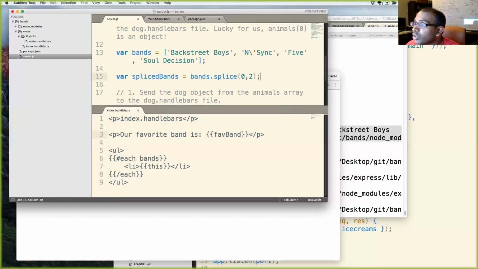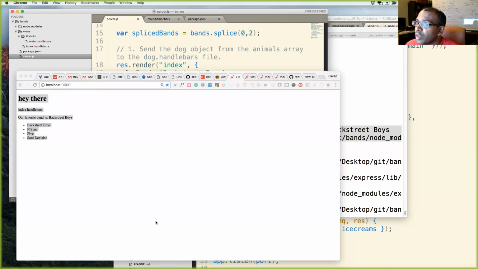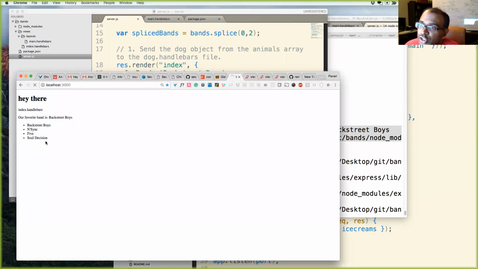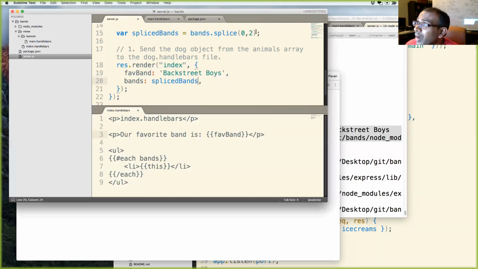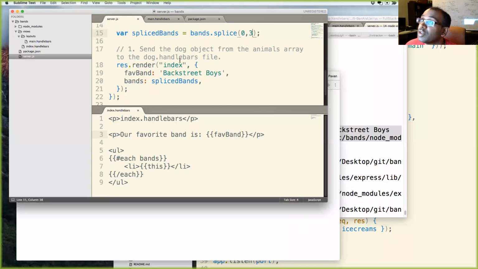Then you could refer to the spliced bands variable over here. If I run this again, Soul Decision should disappear. Looks like more than one disappeared, but let me see if I did 0, 3 and run this again. There we go. Now it just returns the first 3. It cuts off Soul Decision. So that's something you could do over here.